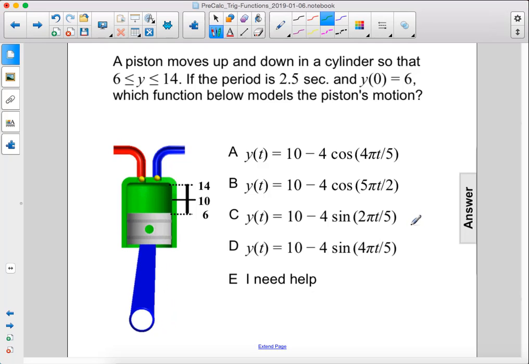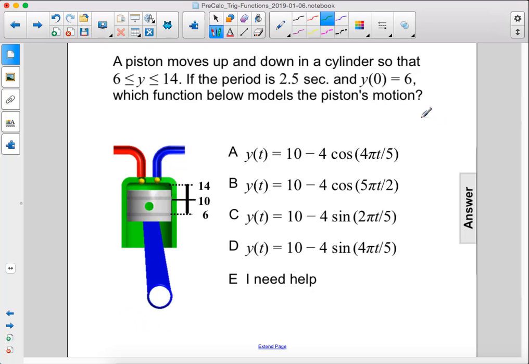A piston moves up and down in a cylinder so that y is greater than or equal to 6 and less than or equal to 14. If the period is 2.5 seconds and y of 0 equals 6, which function below models the piston's motion? All right, we are given that on the y-axis, when x equals 0, we have our minimum value of 6,